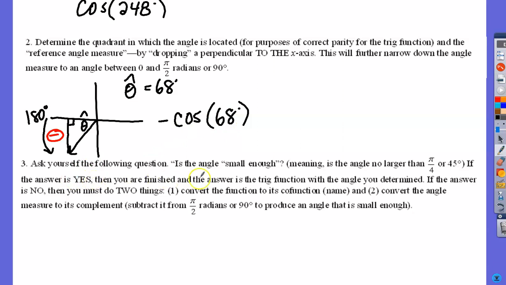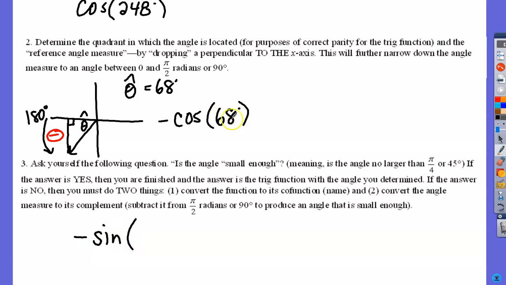If it's yes, you're finished. If it's no, then we have to do two things. One, we have to convert it to the cofunction, and then two, we have to convert the angle. So what I mean by that is, what is the cofunction of cosine? Sine. So the first thing I'm going to do, don't lose the negative, is change it to sine, but then